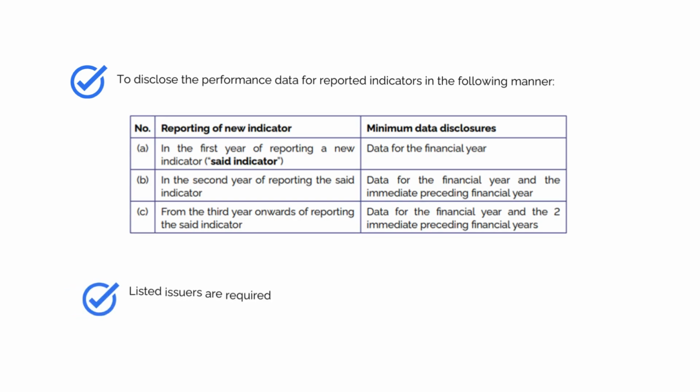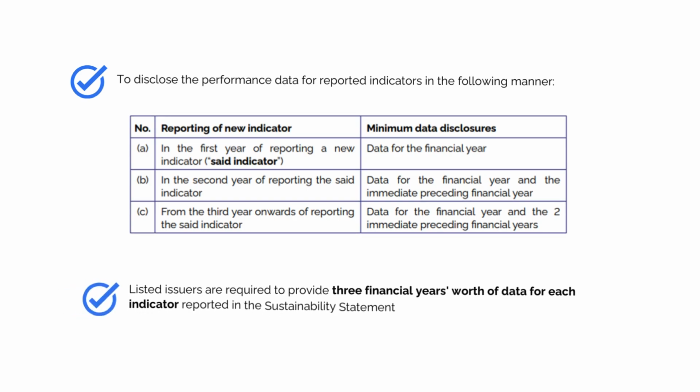Listed issuers are required to provide 3 financial years' worth of data for each indicator reported in the sustainability statement. For a new indicator being reported for the first time, listed issuers are required to disclose the data for that particular financial year at a minimum. In the second year of reporting the indicator, companies should have disclosed at least 2 financial years' worth of data. By the third year of reporting the indicator, listed issuers would have provided 3 financial years' worth of data to